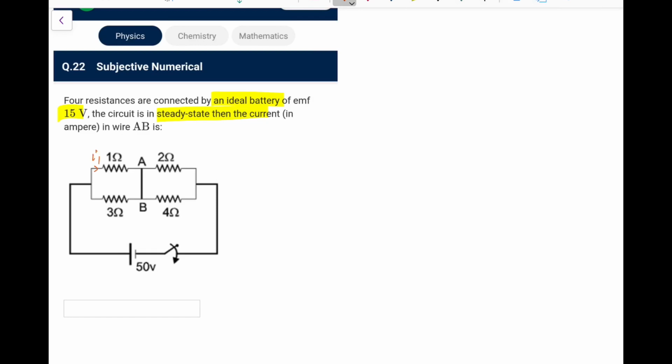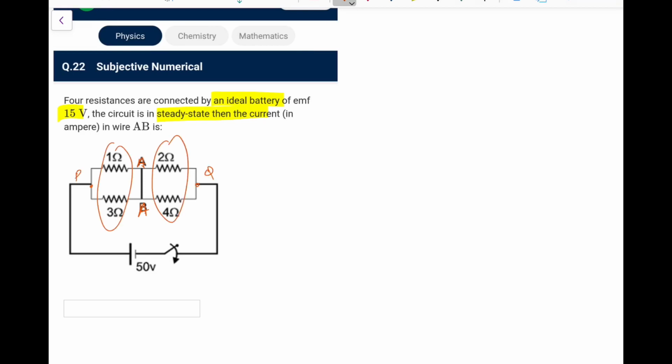Let's say this current is I1, this current is I2, and there is no symmetry. I am finding it out. So it's really going to be very tough, I suppose. Okay, not that tough. It's not Wheatstone. There is no fifth resistor. I was just getting confused. So A and B are same. So let's say this is A, this is A, this one is, let's say, P, and this one is Q.